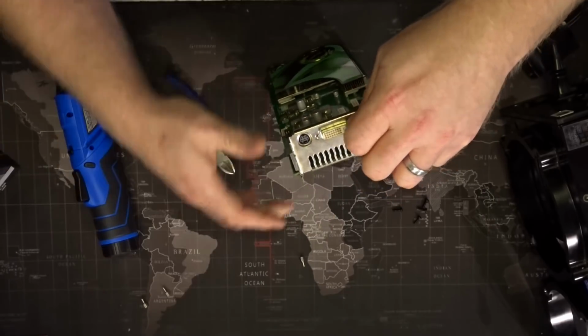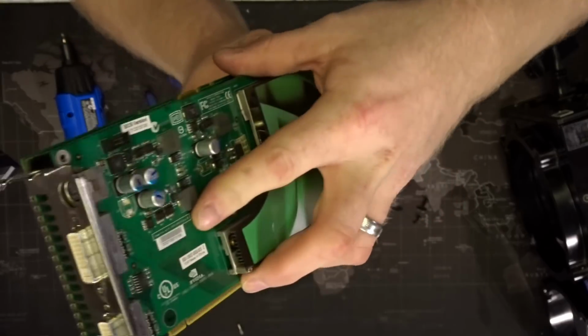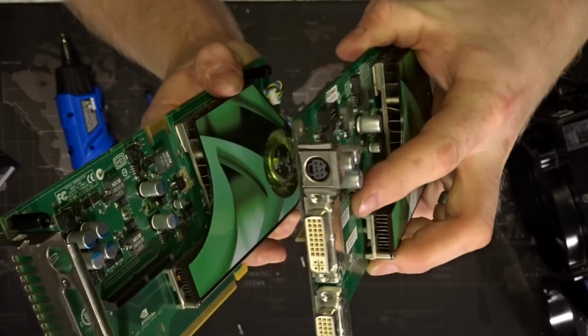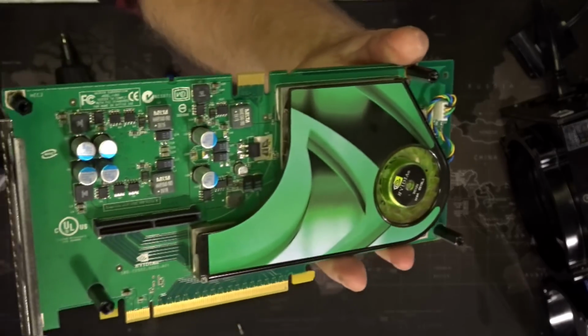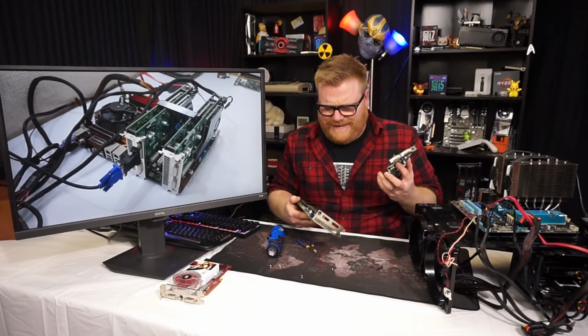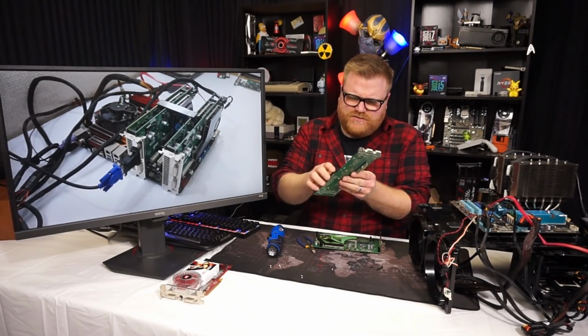So here we go. We got this thing undone. I think that's all we need. So let's go ahead and... we basically have the exact same cooler. And is this card ever clean? It's ridiculous. And it's interesting because